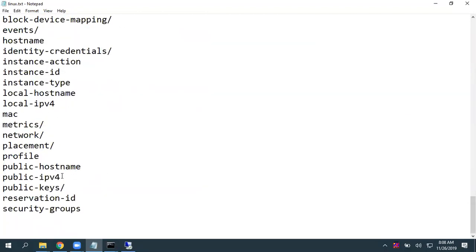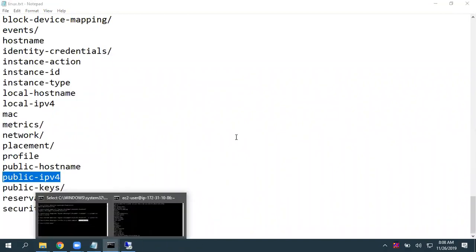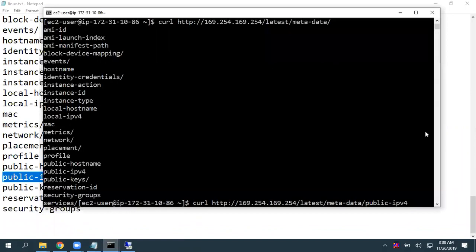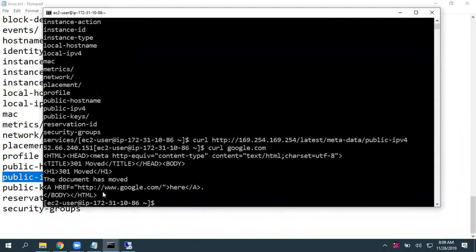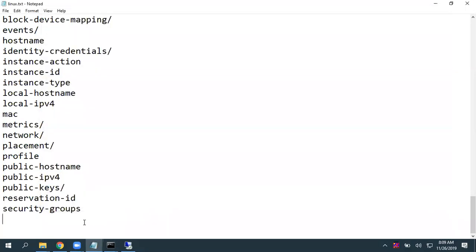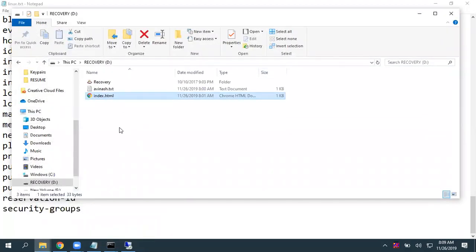These are all the information you can get. For example, if you want to see public IPv4, grab this. Next to this URL, give this URL. Next to that, give public IPv4. This is the public IP address of this machine. Same, whatever the information, next to that URL, give that. The thing is, you need to give curl to display. Even if you want to view google.com, yes, you can give that. It is going to give simple HTML and all. It is referring to HTTP, this particular URL when you gave google.com. So, clear with this user data and metadata? Or any questions on this?